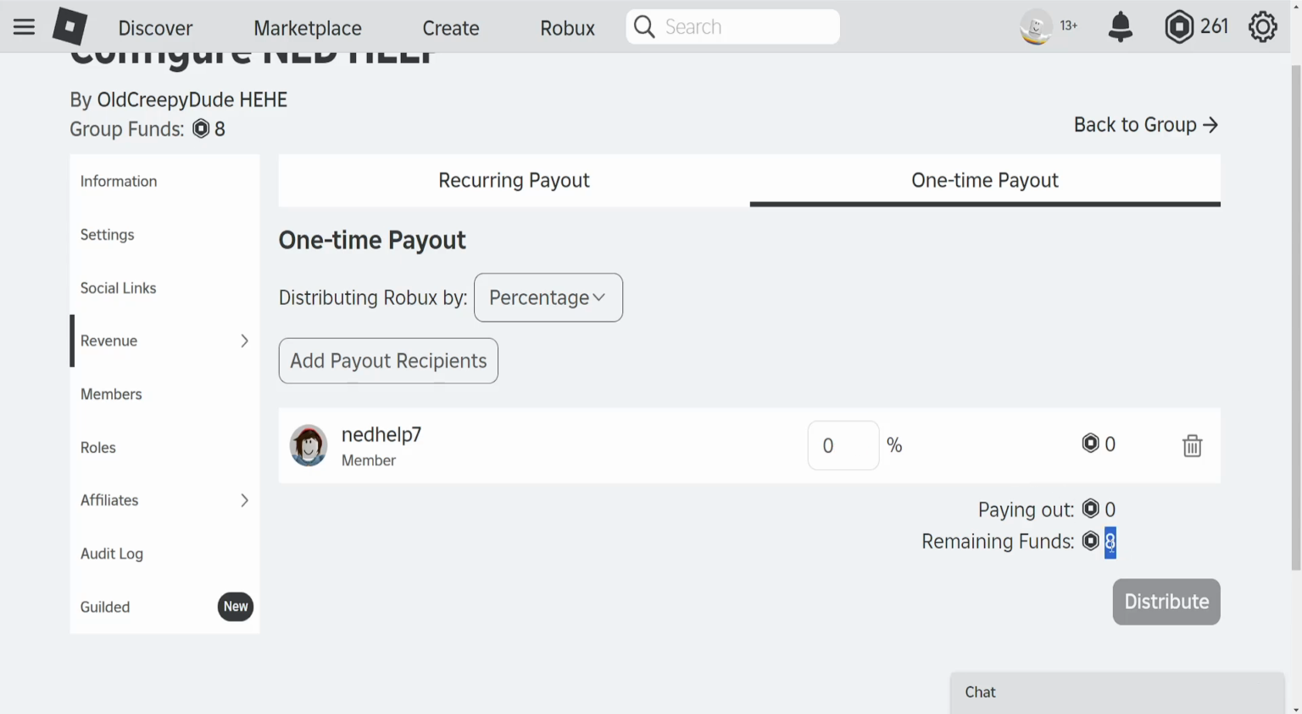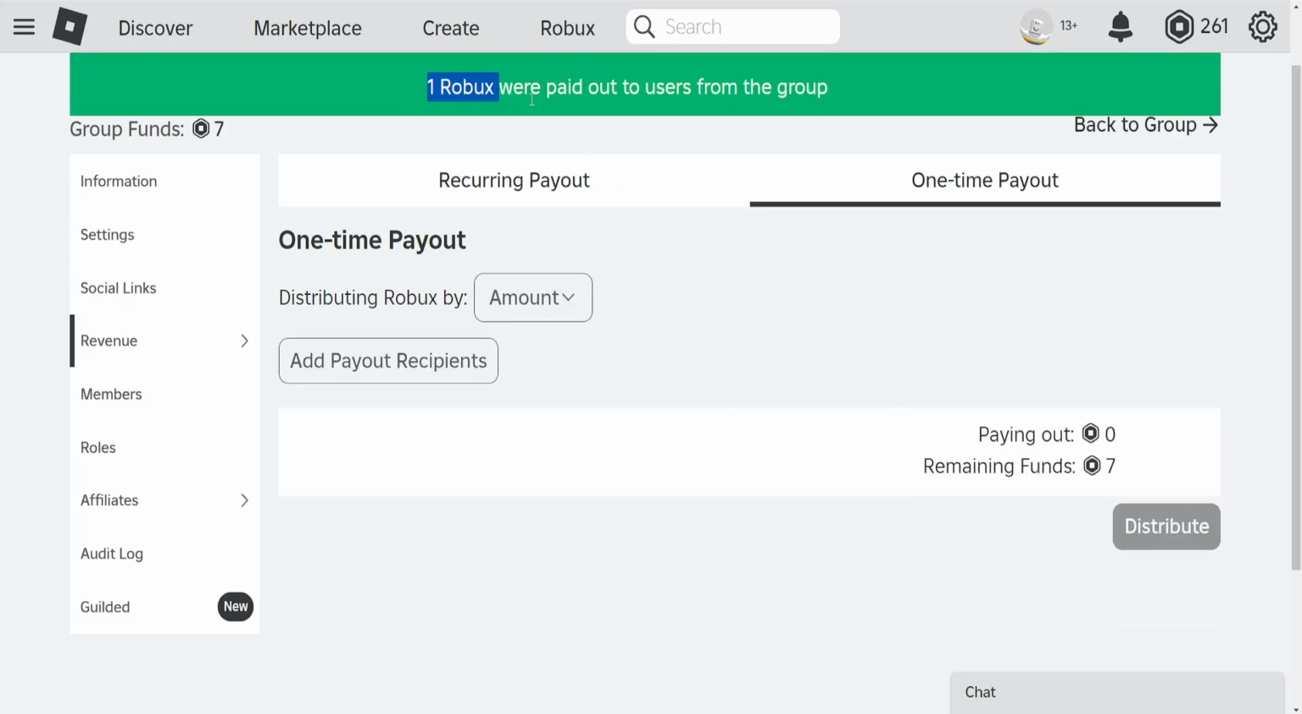So depending on how much you have in your current group funds here, you can do, for example, 10%, like so. And we can also do 25%, which is going to be 2 in our case. It's automatically going to calculate it for you. Or if you want to do a set amount, for example, let's say we want to send him 1 Robux, then we can just type the amount and click on distribute, and this is going to send out the Robux